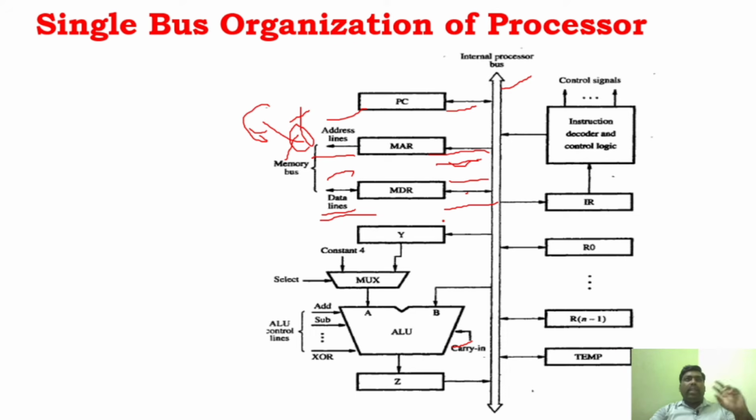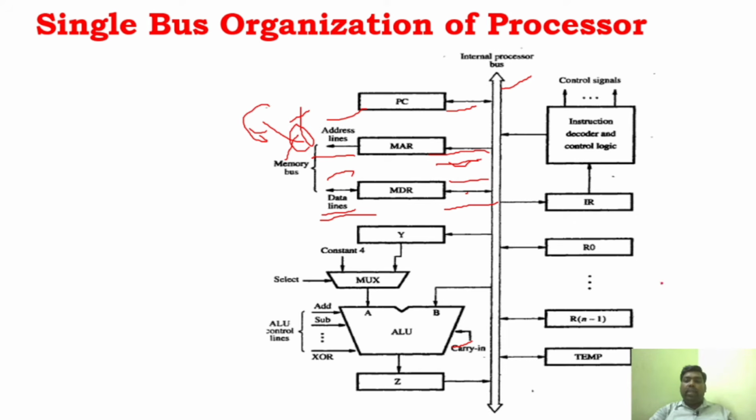You know what MAR and MDR are. MAR is nothing but address information. Whenever the processor needs the address information, it will get it from MAR. Similarly, MDR is nothing but the data. And whenever the processor processes the result, it has to send it to the IO device or to another register. So it has to be bidirectional. That is why MDR will have two inputs and two outputs.